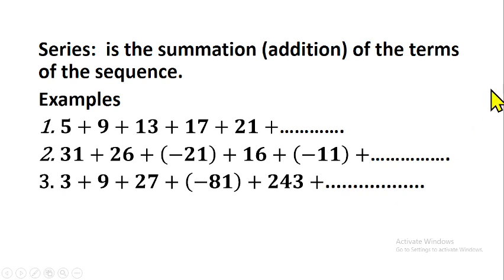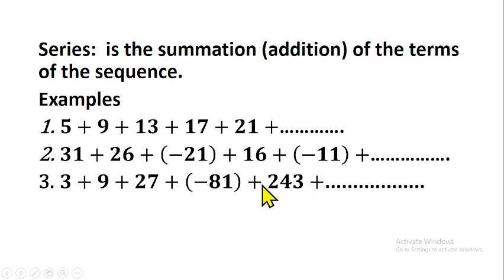So I can ask you a question: when does a sequence become a series? Instead of using commas in a sequence, we use an addition sign to separate the terms in a series. So technically, you can also regard a series as a sequence, because a series also follows a particular pattern in arrangement, but instead of using commas to separate the terms, we use an addition sign. So by now you should be able to differentiate between sequence and series.